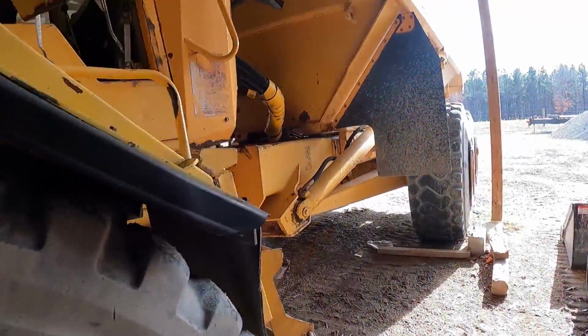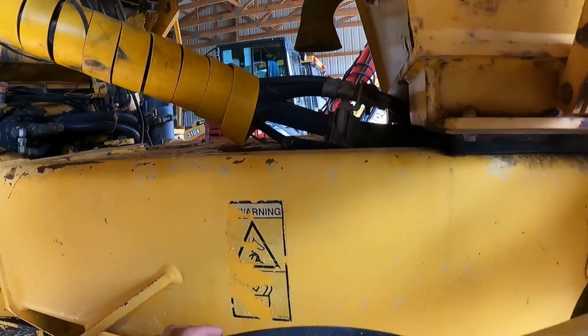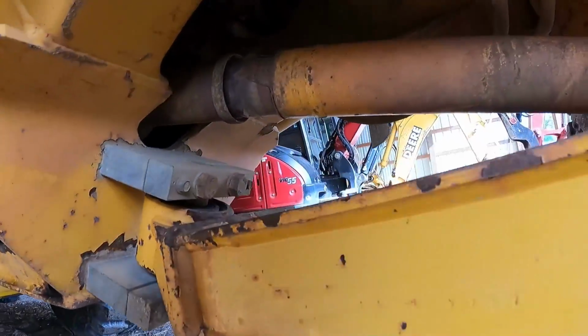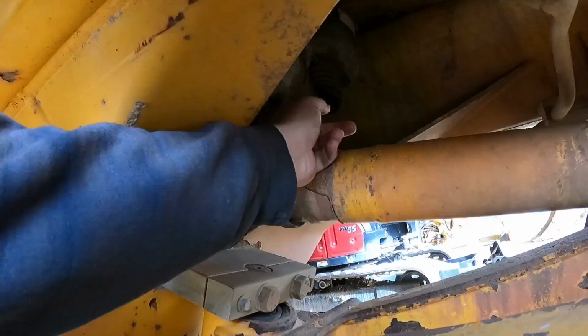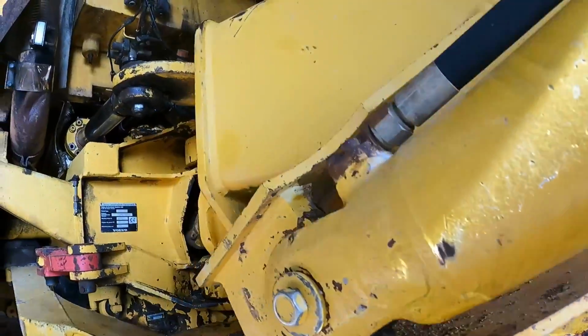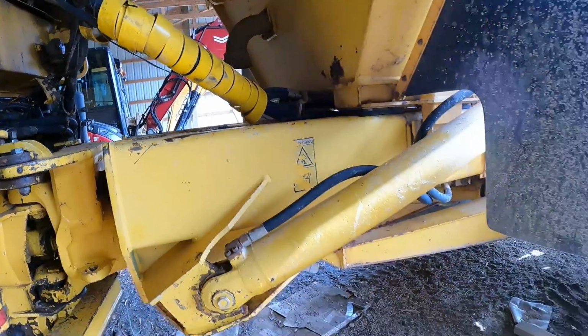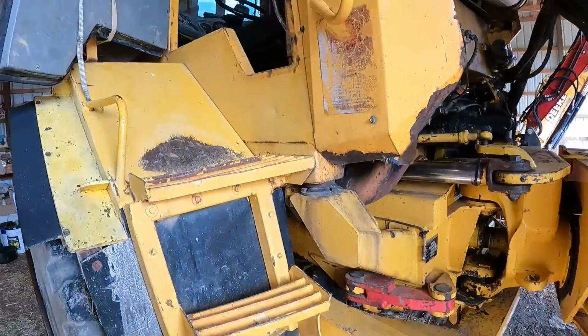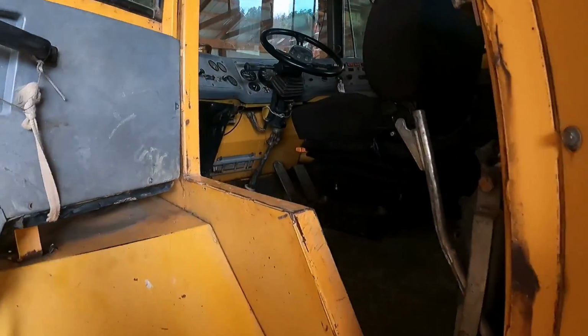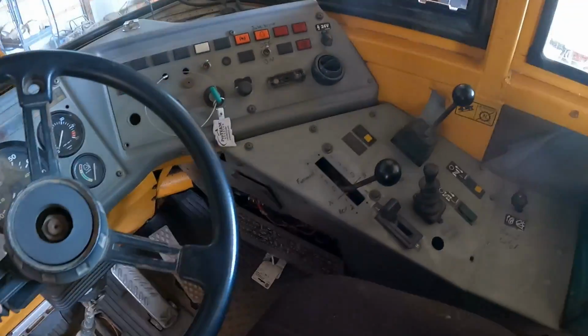And I managed to get the parking brake fixed. It was luckily just out of adjustment, so I was able to tighten that up tight and then back it off, and now the park brake works. Just tried it right here. I'm gonna actually back it out and see. My gauge, or my park brake here,